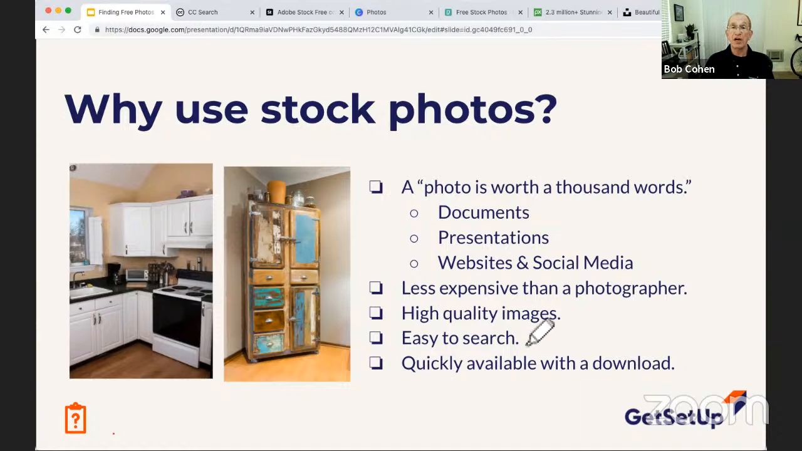The other thing stock photo websites do is they make it easy to search for photos. So if you were looking for something like a beach scene or the Grand Canyon or an American Spaniel,